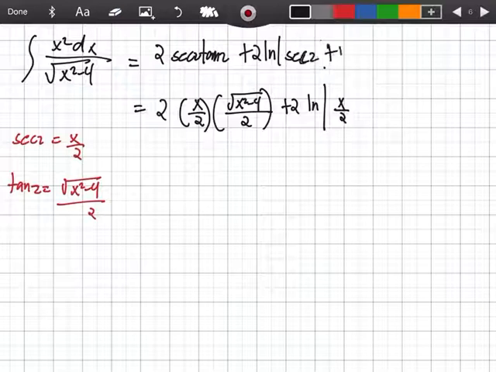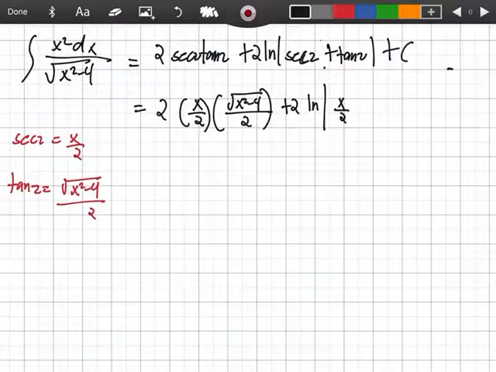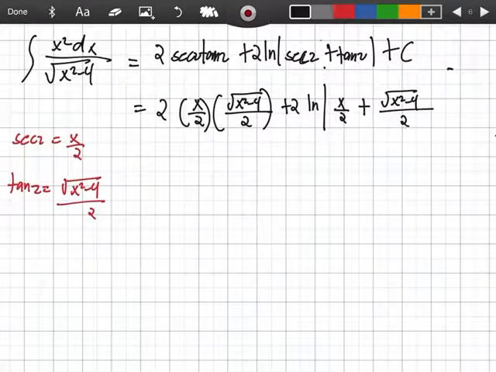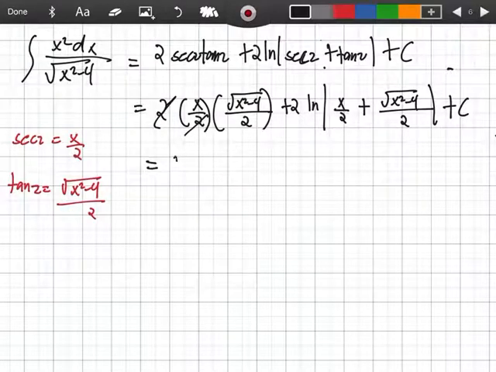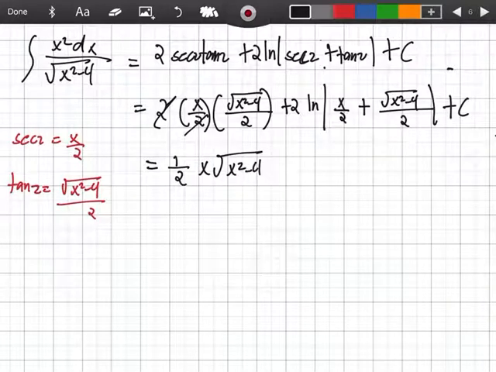Secant z plus tan z plus c. So, x over 2 plus square root of x squared minus 4 over 2 plus c. So, makakancel ito. And then, magiging 1/2 x square root of x squared minus 4